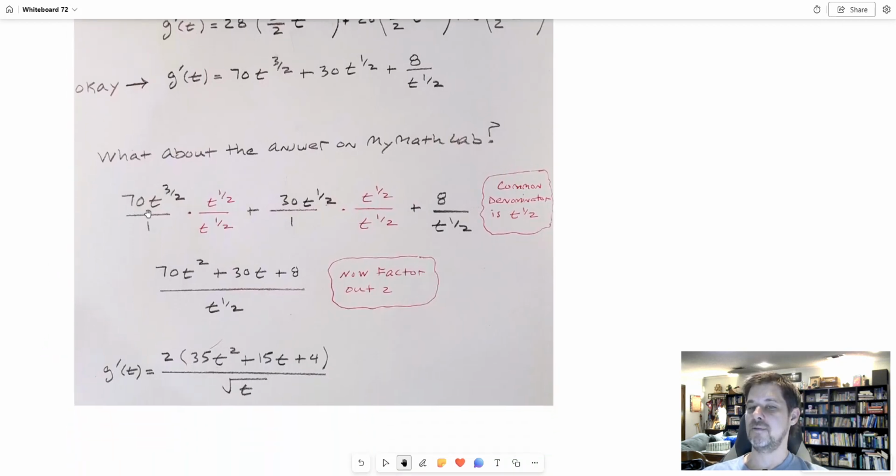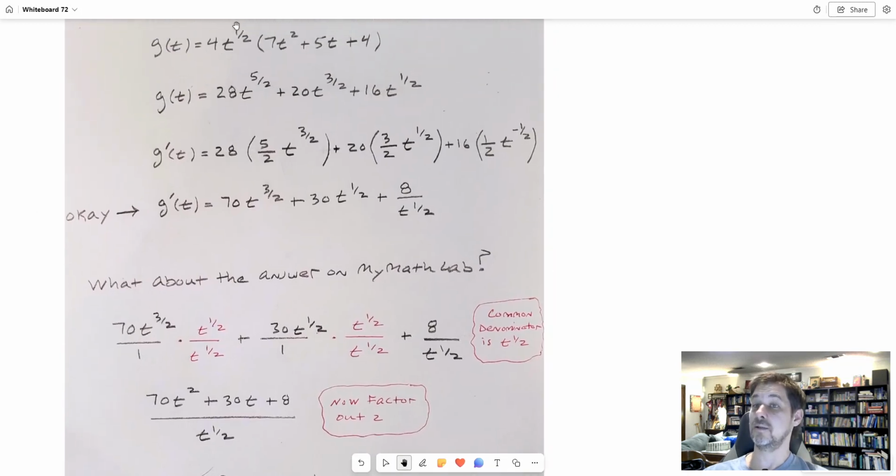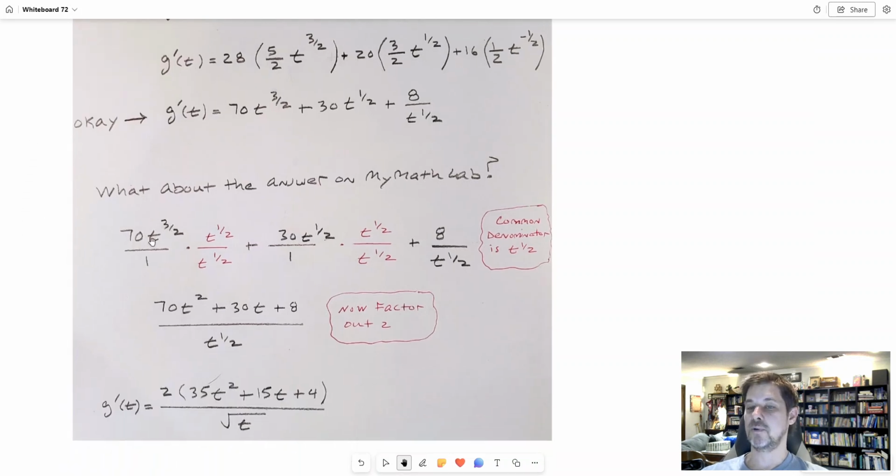What's 70t to the 3/2 times t to the 1/2? Remember how I talked about we need to get good at algebra. We need to be flexible. We need to rewrite things. We need to know what all the rules of exponents are. Well, so that rule of exponents that I mentioned earlier was when I multiply like things, I add the exponents. The exponent here is, what's 3/2 plus 1/2? It'll be 4/2. What's that? That's just 2. So this is 70t squared,